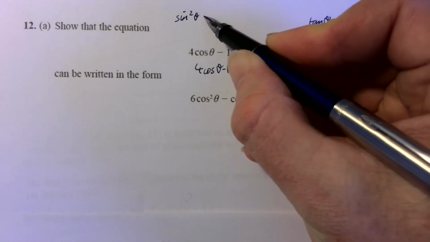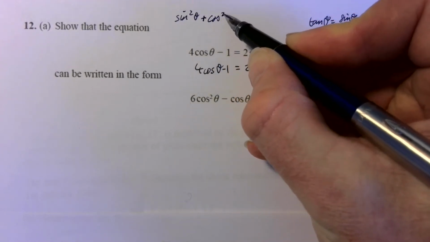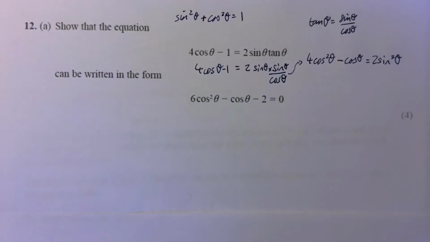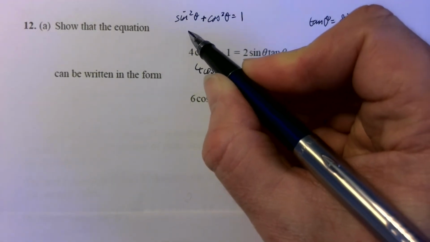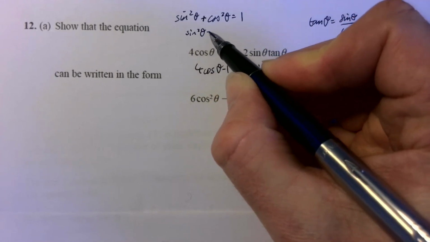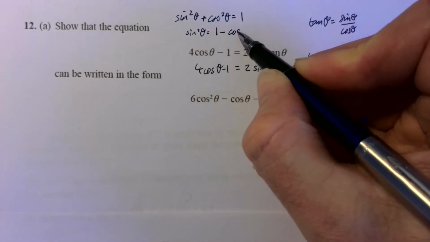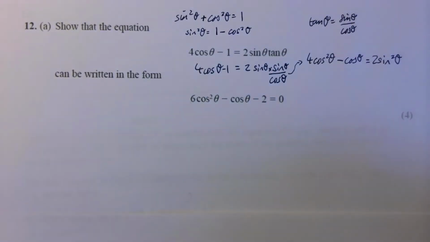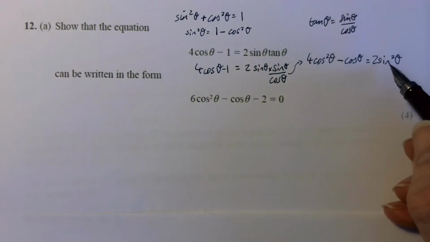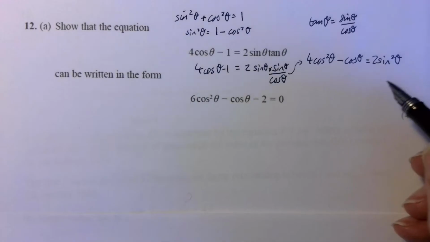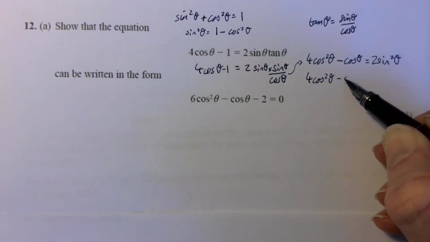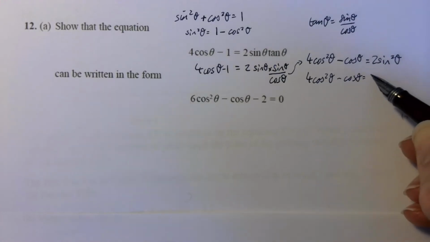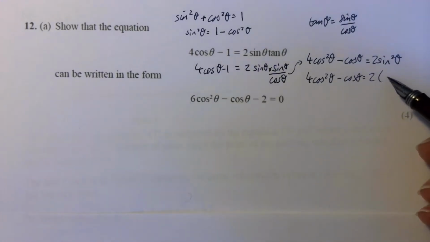Now at this point, we can get rid of sine squared thetas by using the daddy of all trigonometric identities, which is that sine squared theta plus cos squared theta is equal to 1. And what that means is that I can say that sine squared theta is equal to 1 take cos squared theta. So that's what we're going to do. We're going to substitute sine squared theta with 1 take that. So let's just write that in next. 4 cos squared theta take cos theta equals 2 brackets 1 take